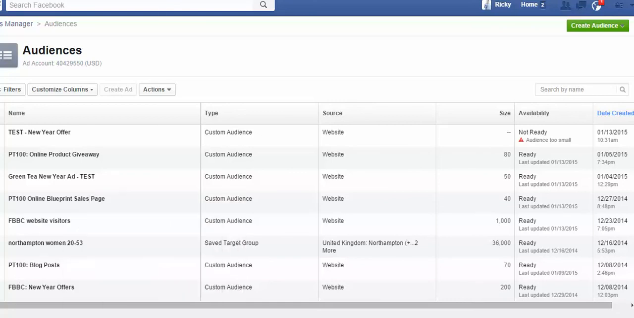So for example, this one down here, you can see the New Year offers one that I had, and there's like 200 people there that landed on that New Year's offers page, and so I was able to then show specific Facebook ads to that very specific audience, so people that had already landed and expressed an interest in that page. And this is where it gets really powerful, because not everyone, if you look at the conversion rates,